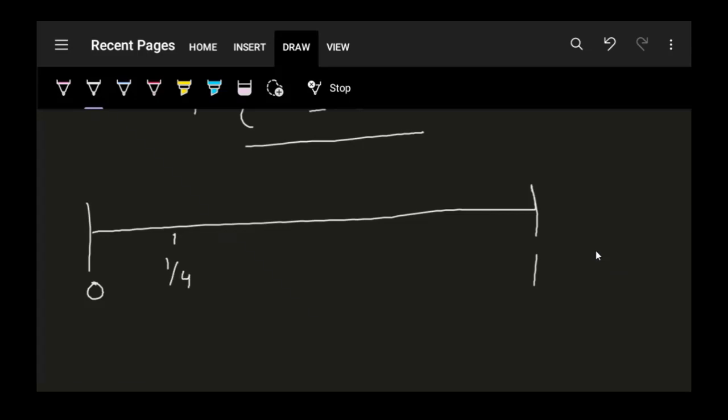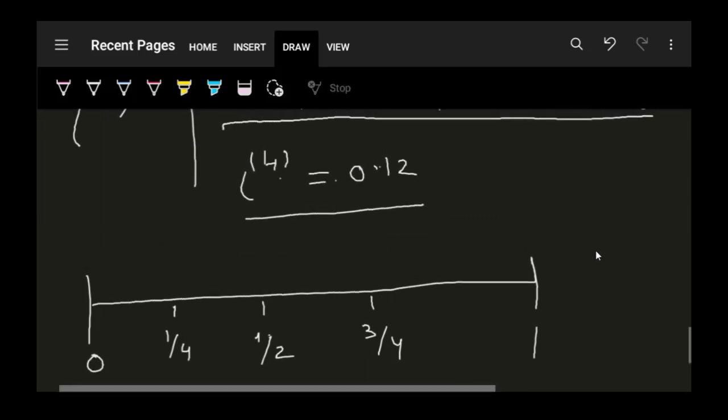This is the end of my first quarter or the date 31st March of any year. This time here represents the end of my second quarter. You can also write it as 2 upon 4 for your convenience if you want. This is the 30th June and I am representing 3 by 4 as my ending of third quarter, or you can say 30th September, and last the end of final year. So this rate here, I4 equal to 12%.